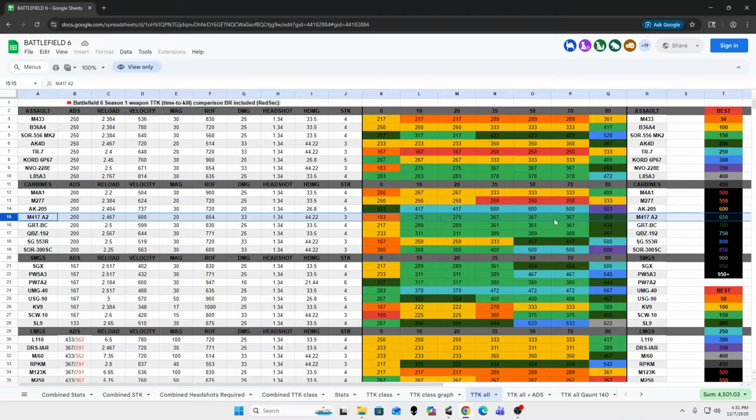So it might start to overtake the TR7 at the longer ranges, 50 meters plus, because the TR7 has quite a bit of recoil, but M277 is still pretty good out to about 70 meters. So M417 has slightly better recoil, but not super beamy out to 70 meters, but super long range should be better, but you're still going to have to